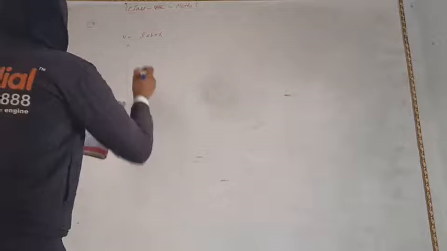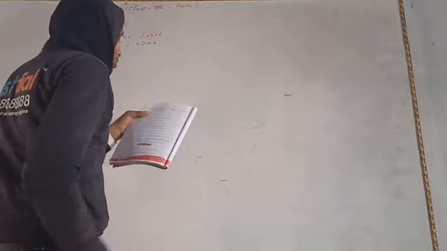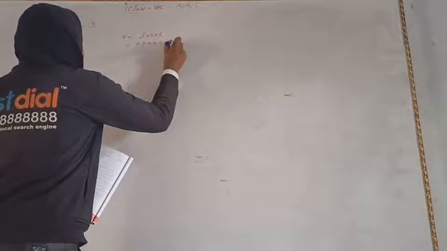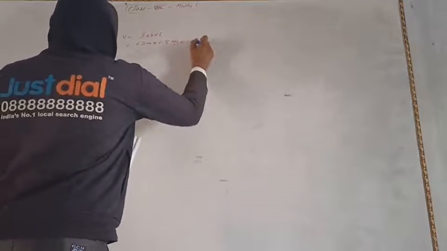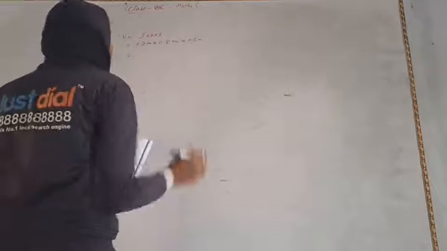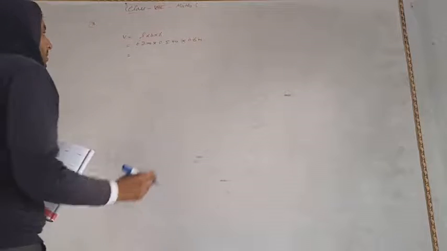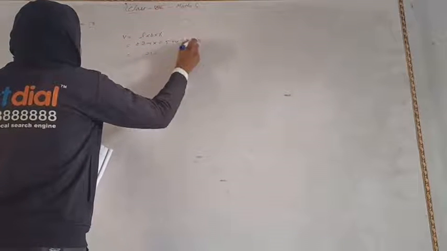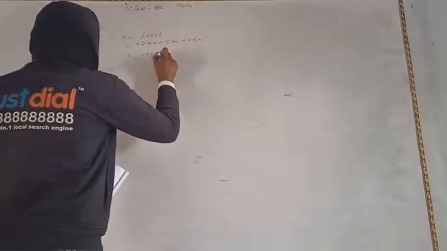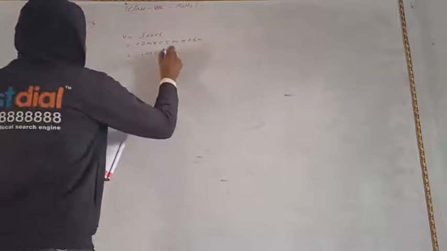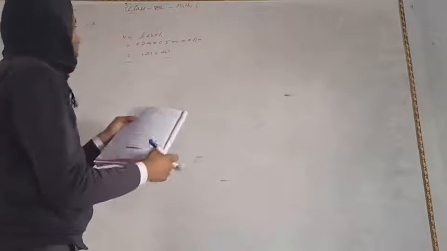Then also given that L is equal to 0.7 meter, B is equal to 0.5 meter, and H is equal to 0.6 meter. Then you have to multiply these quantities. 7 5s are 35, 7 3s are 21... 5 6 are 30, 3 7 are 21, so 210. And now 1, 2, 3: after 3 digits, you have to put the decimal. Meter cube. Okay, so this is your solution. You have to also fill here 0.210 meter cube.